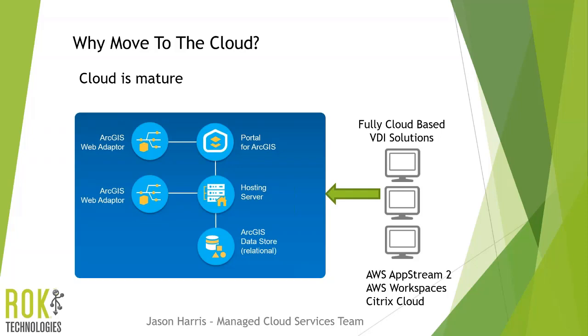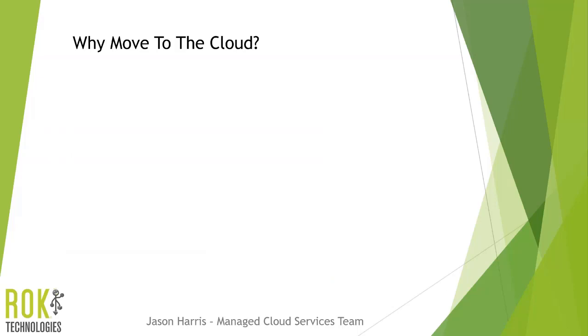The best part of this is you only pay for what you use. So let's say, for example, you need to do some high-end 3D modeling with ArcGIS Pro. You just launch your application and close it when you're done. It's a very cost-effective way to get access to some extremely high-end hardware. And like I said, we're going to do a very brief demo of AppStream in just a bit, because you really need to see it to fully appreciate just how cool it is.